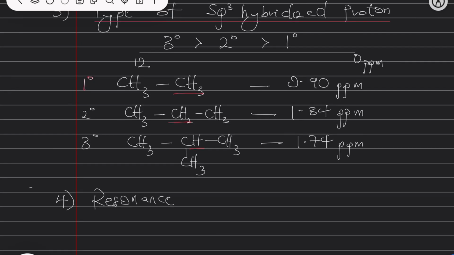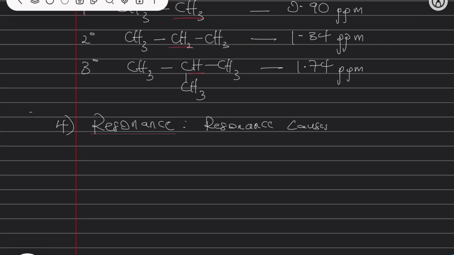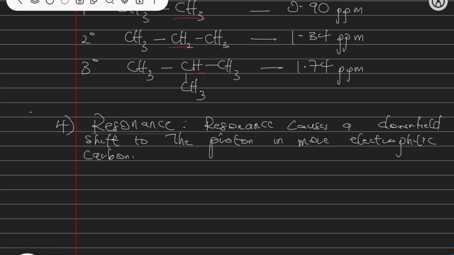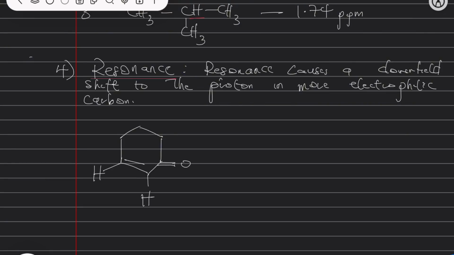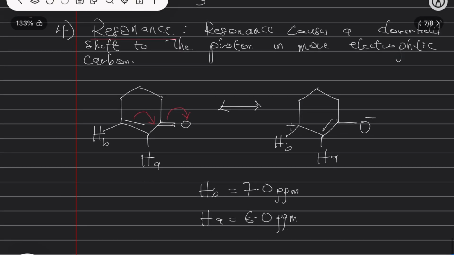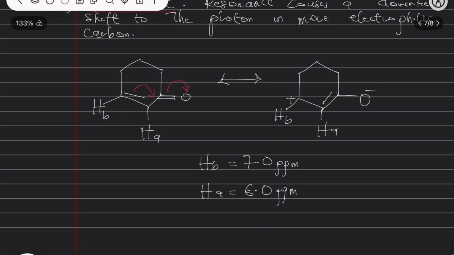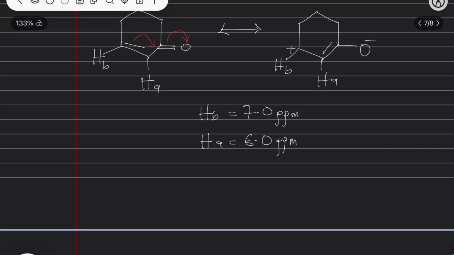Another important factor that affects proton NMR shift is resonance. Resonance causes a downfield shift to the proton in a more electrophilic carbon. Let us consider this example below. This compound is an alpha-beta unsaturated carbonyl. In this alpha-beta unsaturated carbonyl, the Hb is more downfield at the chemical shift of 7.0 ppm, while the Ha is more upfield at the chemical shift of 6.0 ppm. The Hb is more downfield because the hydrogen is attached to a more electrophilic carbon. That is why it's more downfield because of